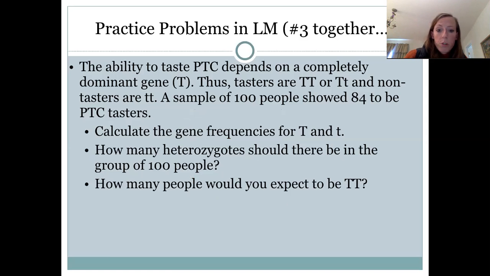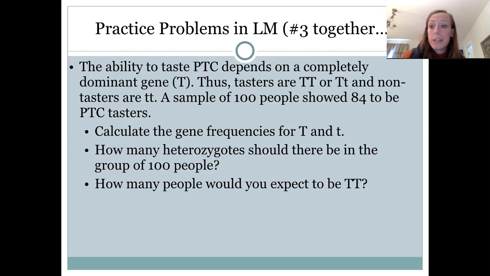Number 3, we'll work through together, and then the rest you're going to work through on your own, and like I said, I'll post the answers. And if you have any questions, you can always email me if you're not getting the correct answer and you don't know why, okay? All right, so number 3: the ability to taste PTC depends on a completely dominant